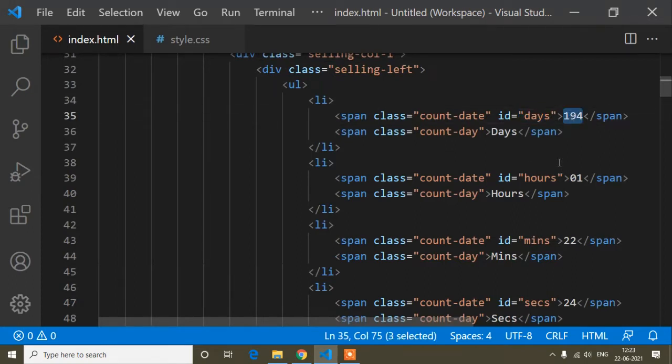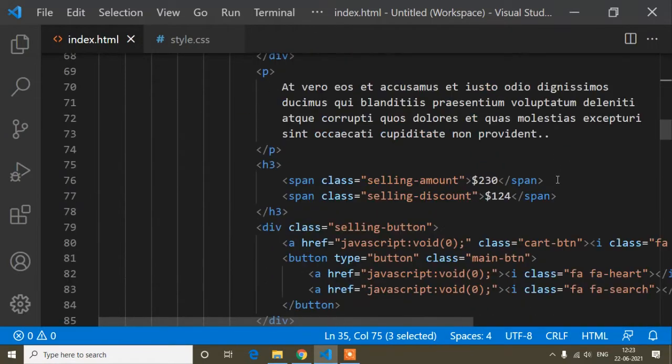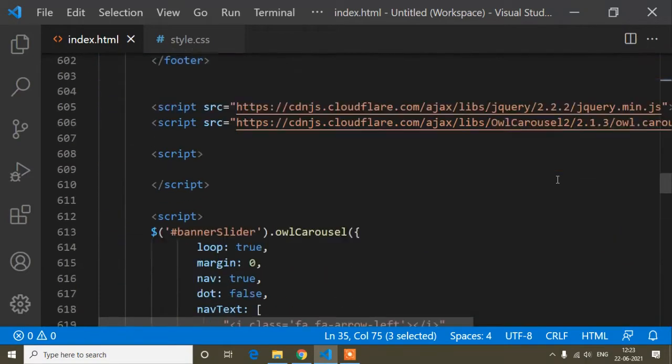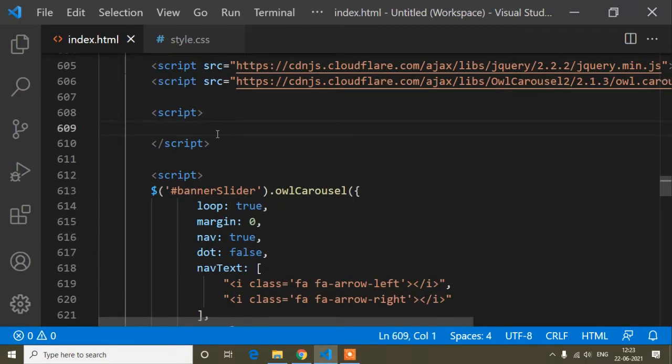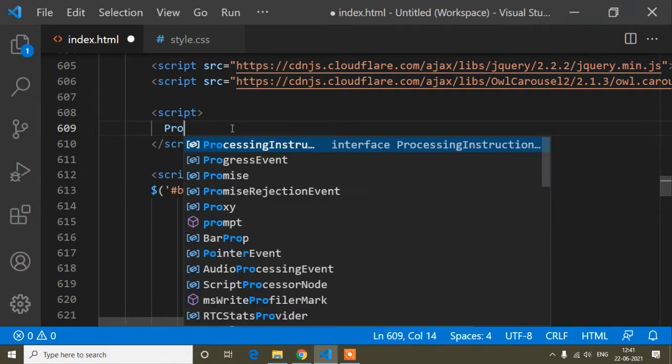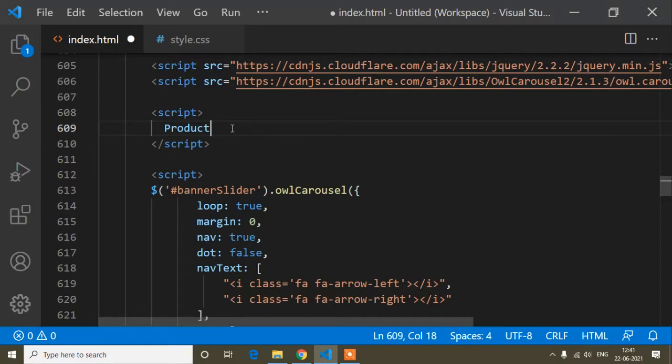So now the main thing, our functionality, and I will show you how you can do that. I will scroll down, and just here I will write our functionality. Okay, guys, first of all you have to understand what countdown date is. Suppose you have a product A, so I'm writing that is product and the product name is A. Here I'm giving you an example of what countdown date is, and then it will be easier to